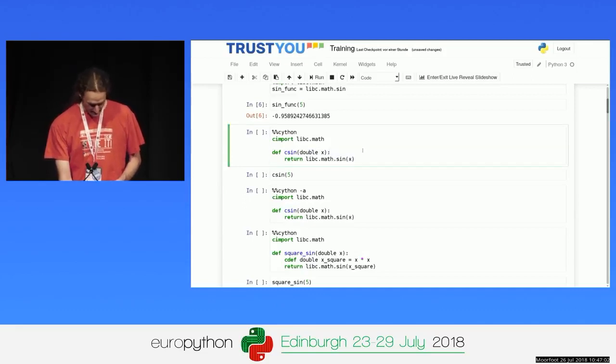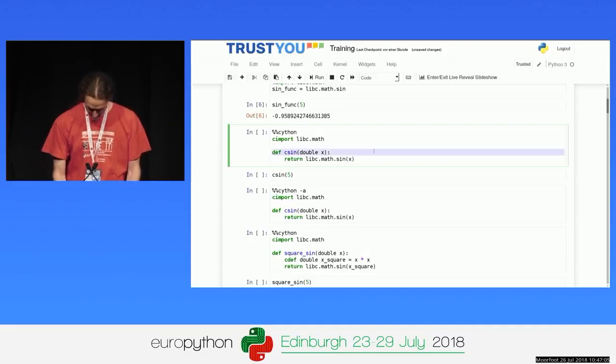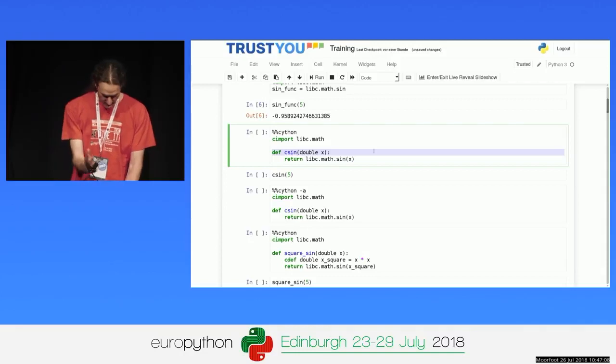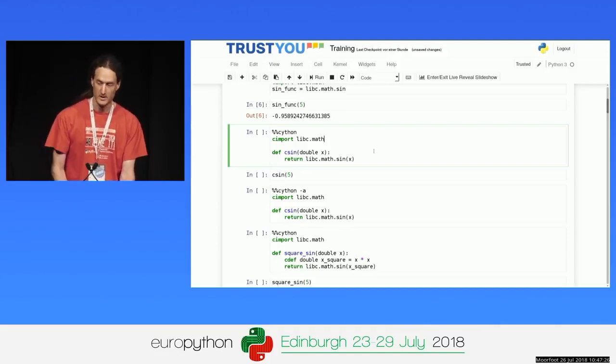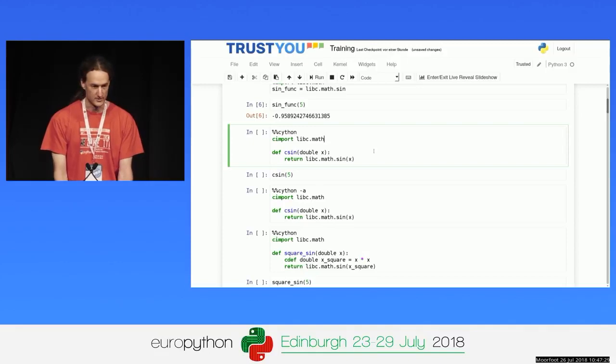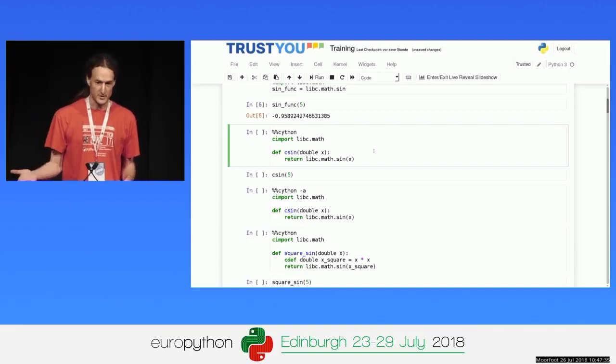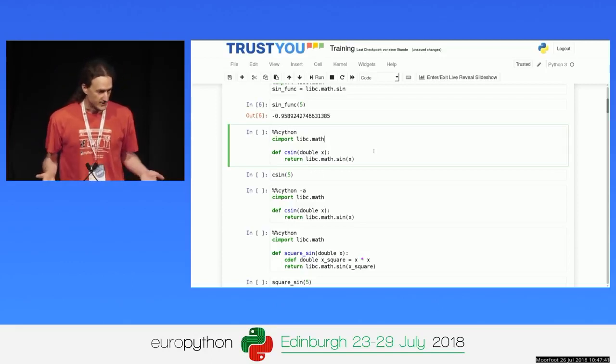So this is a long version of this, right? I'm writing a Python function which is called csin, takes a C double, another extension that I can use in Cython now. I can type my arguments. I could just write this, fine. I would do that in Python. In Cython, I can be explicit here and say what I actually want there is a C double. Whatever you put in as an argument should be converted into a C double, and Cython will generate the conversion code for me. So what I'll get here is a Python callable function, which takes an argument, converts it into a C double. I get a type error if that's not possible. So if I put in a string, we get a type error, obviously.